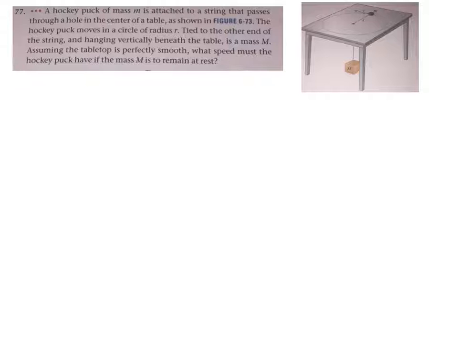So let's do some highlights here. Most importantly, perfectly smooth, no friction. So if we think about our two objects, which I'm going to rename a little bit, M1 is the guy going in a circle, and M2 is the block that's just hanging there. So we need to sketch our setup. I'm going to say from above,